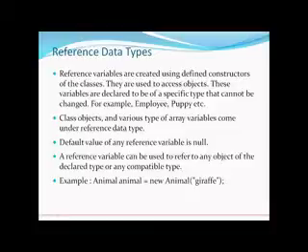A class is an encapsulation of data variables and methods or properties, and to initialize the variables of a particular class, you use constructors. Just like methods that initialize the values of the variables of a class. So the reference variables are created using defined constructors of the classes. We, as the developer or the programmer, define the constructors according to our suitability or the need of the application. So these variables are declared to be of a specific type and cannot be changed.